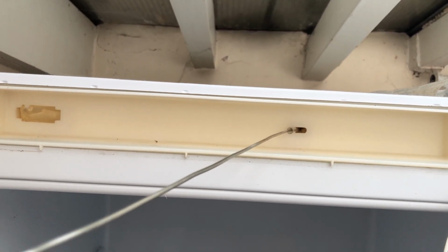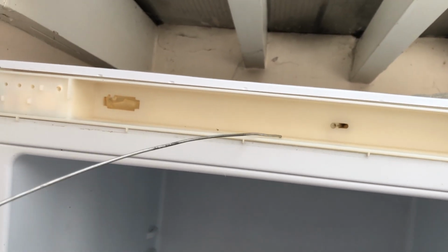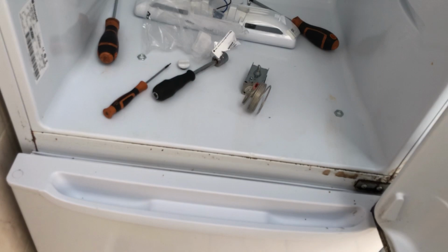I haven't actually googled this at all. I probably should have done. Never mind. Here it is. There it is. And it is out. And as you can see, that is one long straight thermostat rather than the sort of